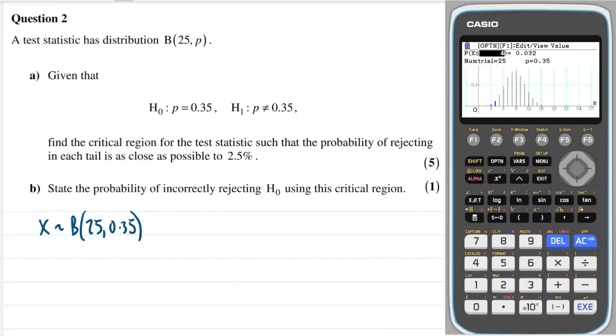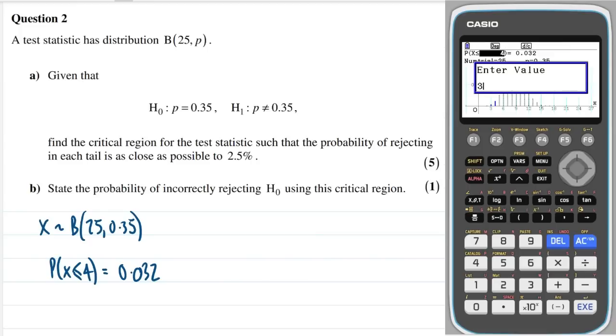Press execute, and that gives me a probability of 3%, which is quite close, so I'll write that down. Probability that X is less than or equal to 4 is equal to 0.032. So that's pretty close to 2.5%, but let's check 3. Let's go lower and let's check 3. So I just press 3, execute, and that gives me 9.6 times 10 to the minus 3, I can check that answer as well just by clicking,